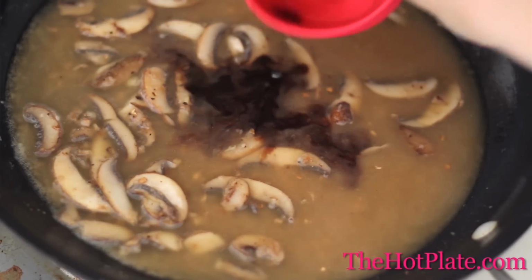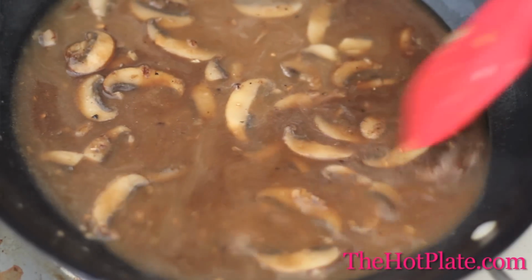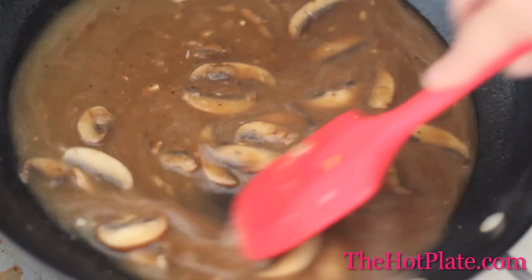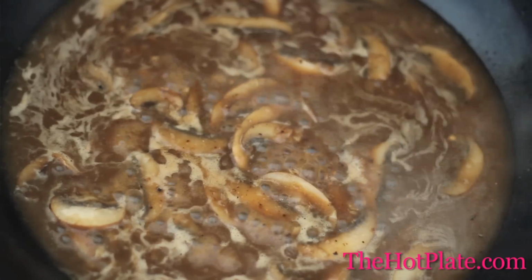Pour in the balsamic vinegar and a couple drops of the Worcestershire sauce. Season it up with a little bit of salt and pepper and bring the entire mixture to a boil. Continue to boil it over medium-high heat until it's reduced by half and it's thick enough to coat the back of a spoon. Our steaks are ready, so we're going to put them onto a plate to let them rest